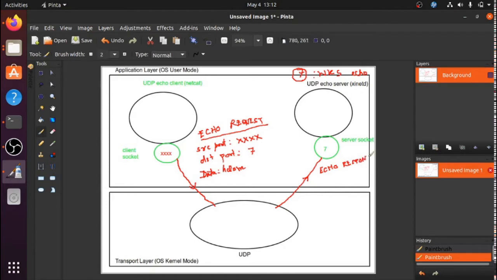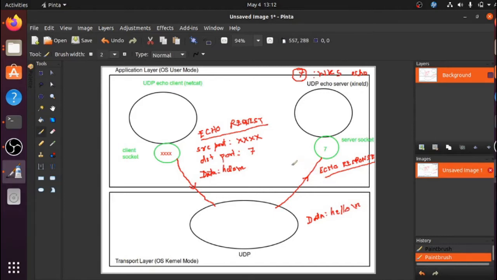Okay, and what is echo response? It's just a reply, it's just a response. Whatever was sent, it will be sent back. Okay, that's what an echo does. So what is the data that is being sent back? If I sent a hello, it will just send me back a hello, new line. Okay, there is no problem.